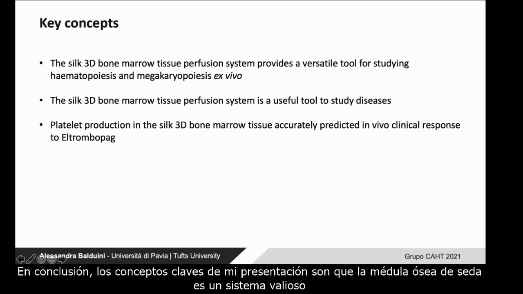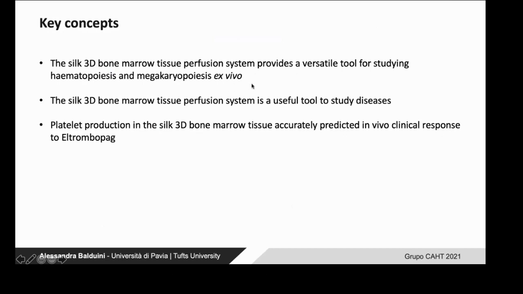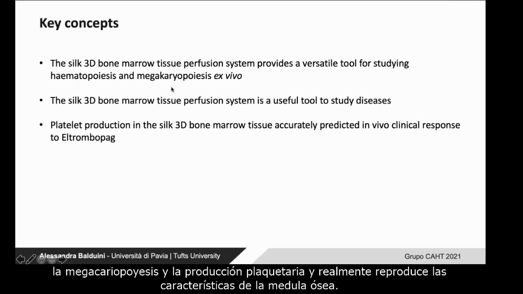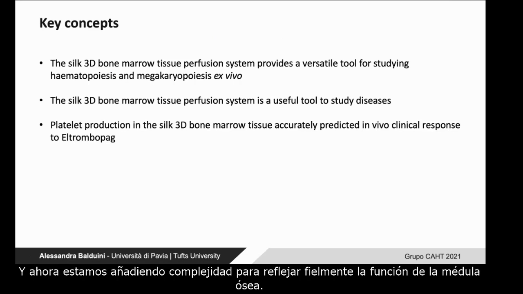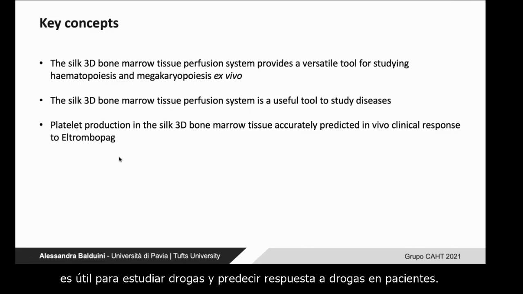So in conclusion, the key concepts of my presentation are that the silk bone marrow is a valuable system, and it is a versatile tool for studying hematopoiesis in general, megakaryopoiesis and platelet production, and it really reproduces the features of the bone marrow. And now we are adding complexity, and by adding complexity, we are demonstrating that we can really reproduce the function of the bone marrow. It's a useful tool to study disease, and it's a useful tool to study drugs and to predict the response